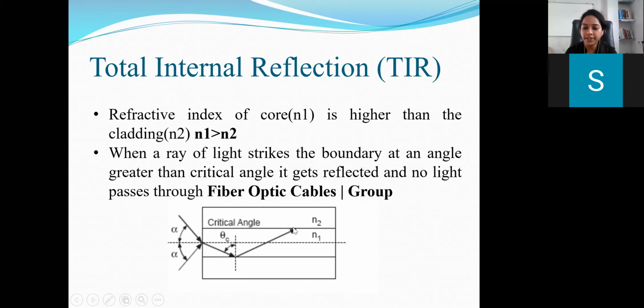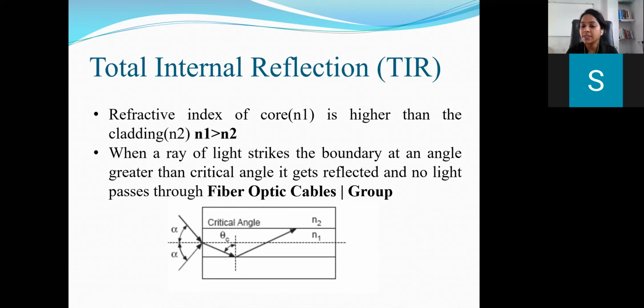Okay, so both these materials, the core and the cladding, are made up of glass, but what is the difference? The refractive index of the core is higher than the refractive index of the cladding. Whenever light strikes at this point, it should be totally internally reflected, then only the mode of transmission is possible. Otherwise, if the light is refracted back, there will be leakage of data. If it refracts back, it will be split, and that data will come out of the core and out of the cladding, and there will be losses.